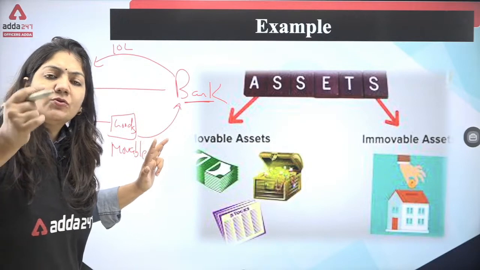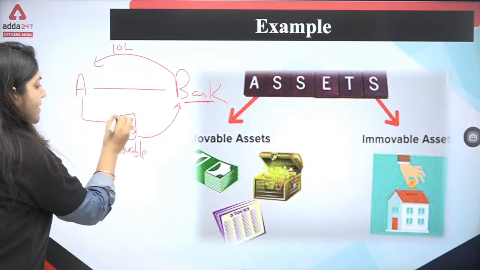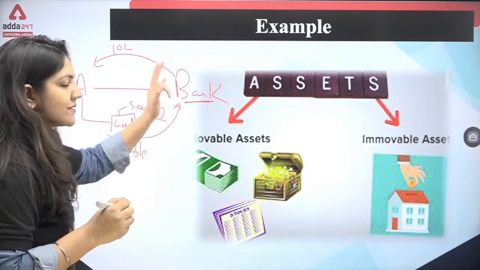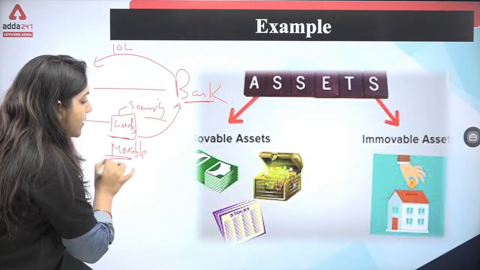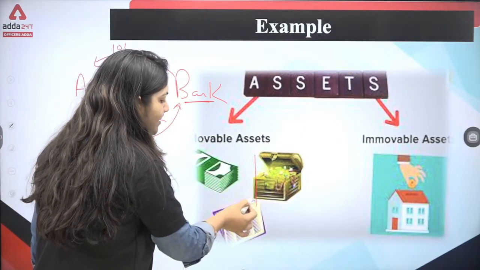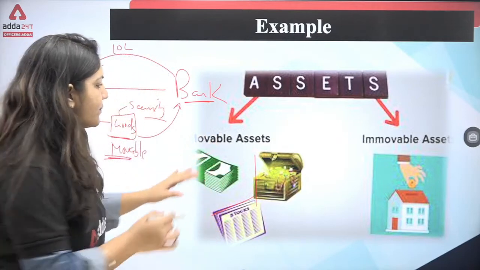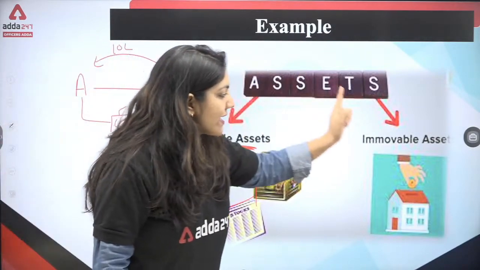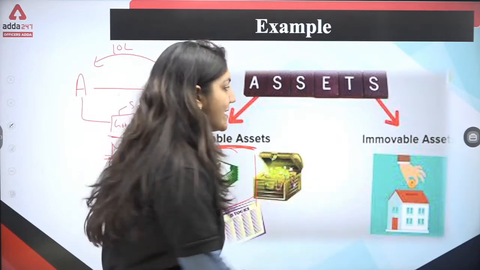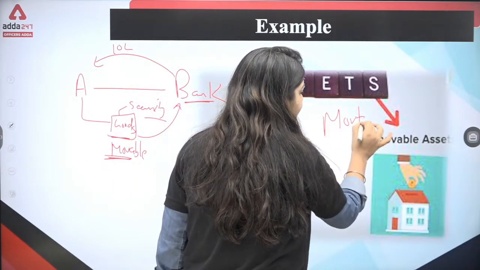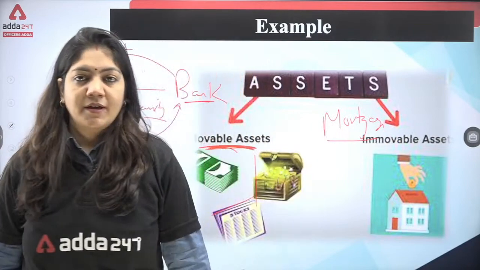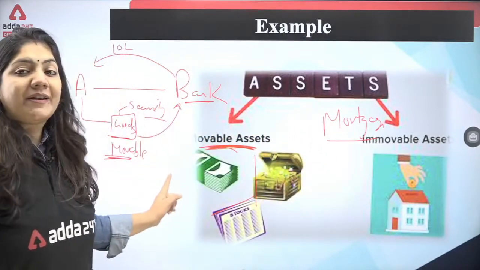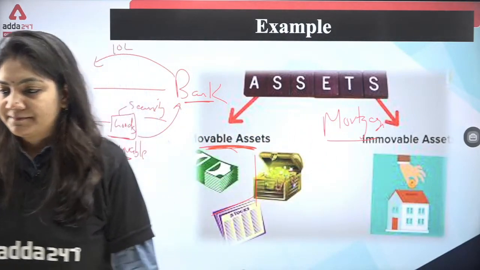What you have to note in this particular contract is that whatever security is given to the bank must be movable goods. Now see this example, this is gold, this is anything that is a movable asset, that should be kept as a security, that is called pledge. And if an immovable property is kept as security, then it is called a mortgage. See this difference. If immovable property is the security, it is called a mortgage, and if movable property is the security, then it is called a pledge. Please see this.